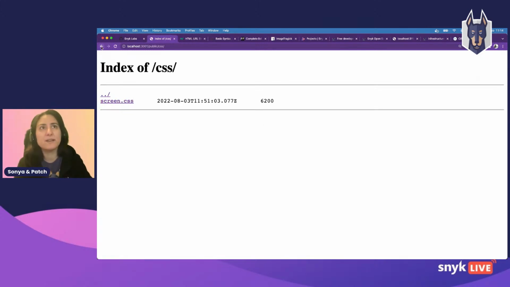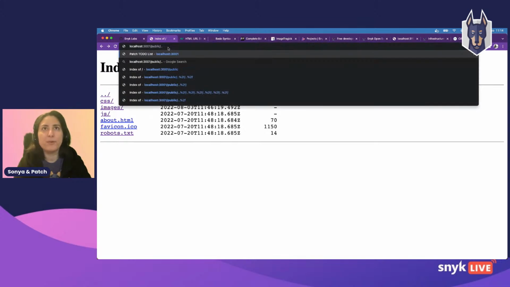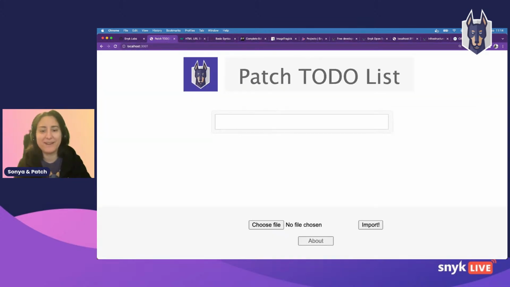You might think this is not quite interesting, like you have access to CSS, images, JavaScript, robots. Okay. Let's see if I can go up more. Oh, okay, that's interesting. What I was trying to do is actually performing a path traversal. I'm trying to traverse the directories to find sensitive info. By using the ../ command, I wanted to check the parent directory of the current directory I'm in. In that case, it goes back to the front page, which is good news because it means that there's some sort of sanitization going on in the back end.